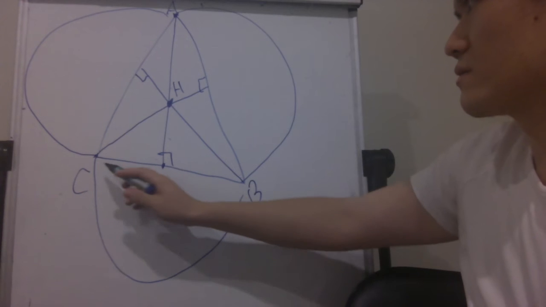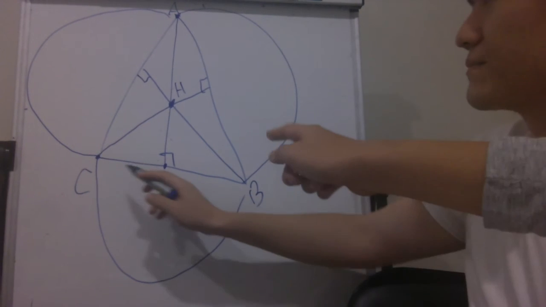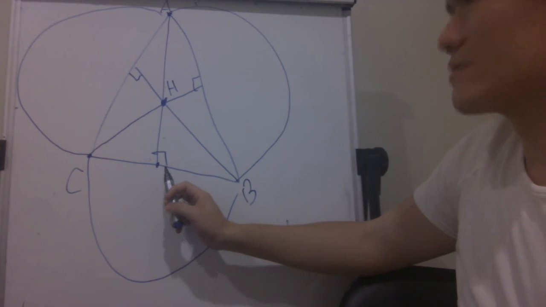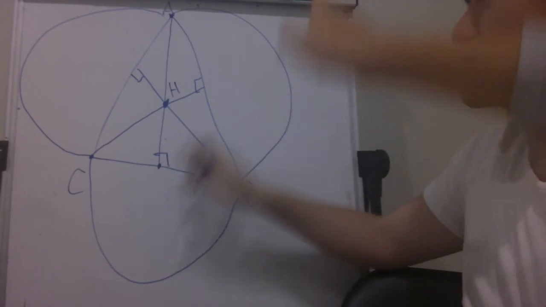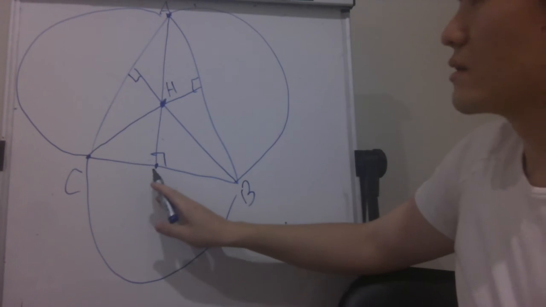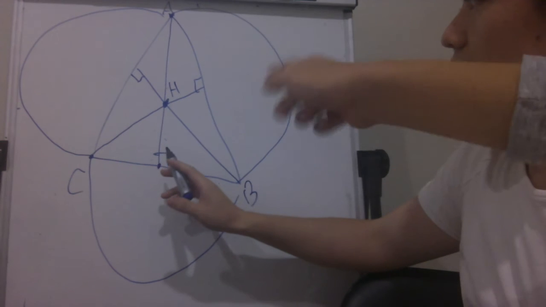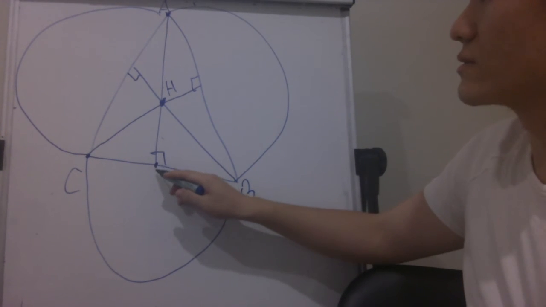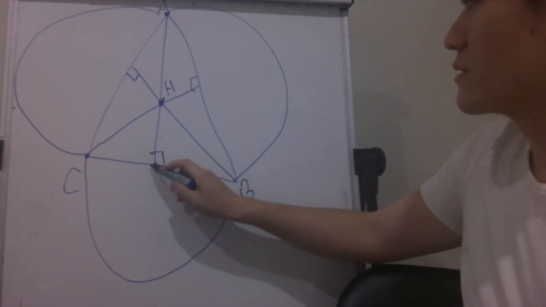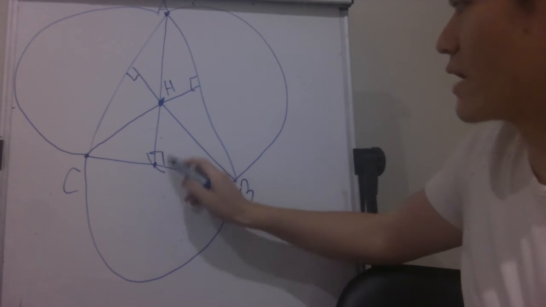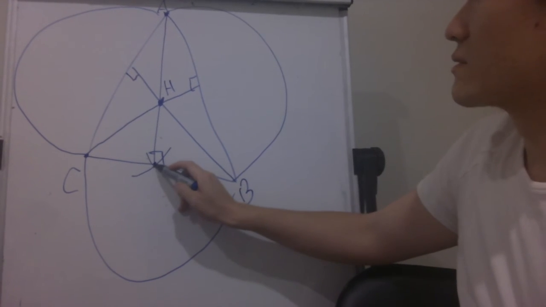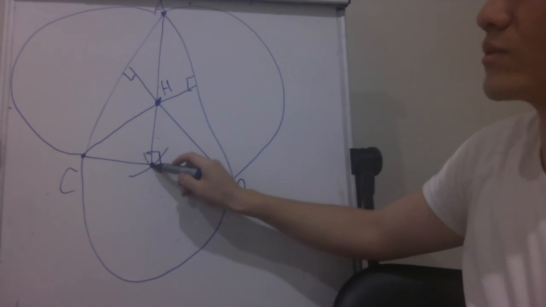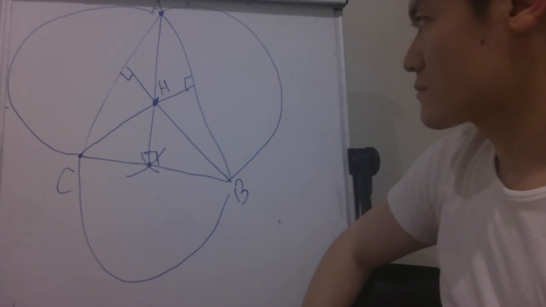The base is inside the circle because it's 90 degrees and connected to a diameter, so it has to be inside this circle. And the point of intersection goes through that circle, and we defined it to go through A. So that's the radical axis, because it goes through the two points of intersection.